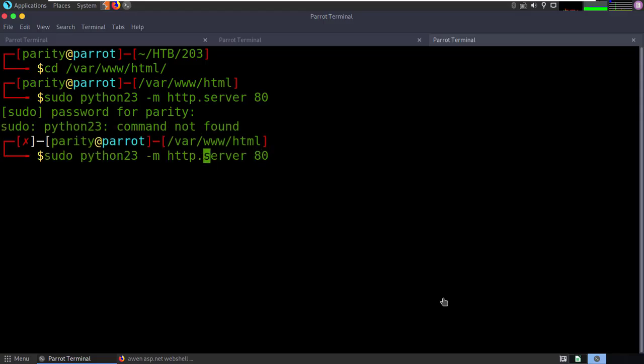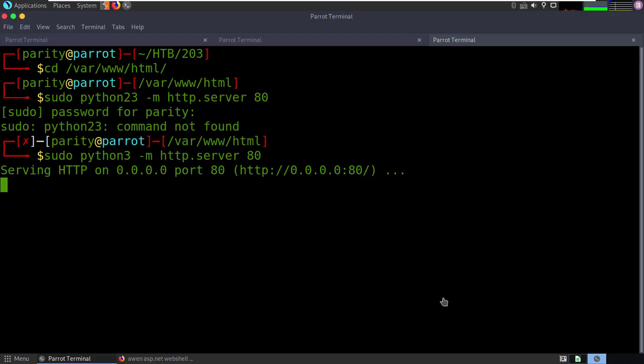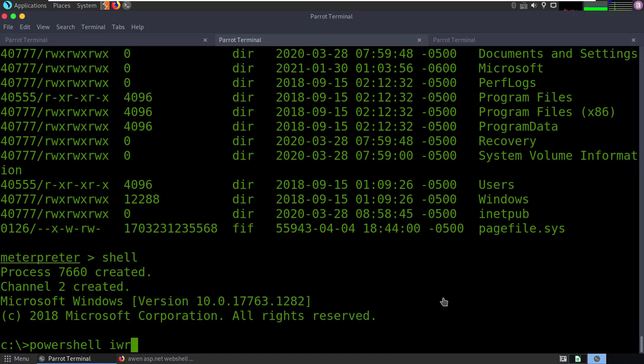Alright, so I'm running my web server. I can come here and I can do a web request, Invoke-WebRequest. You can put in -URI just to say this is the reference, or you can just start typing. So 10.10.14.12, and then